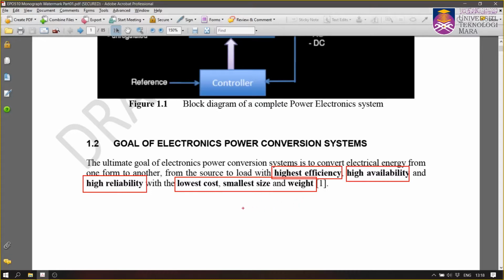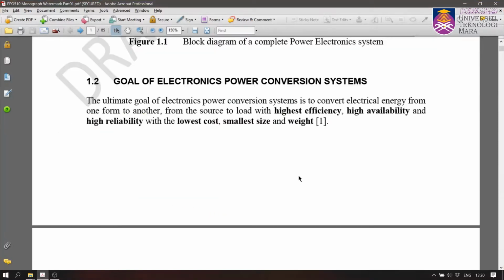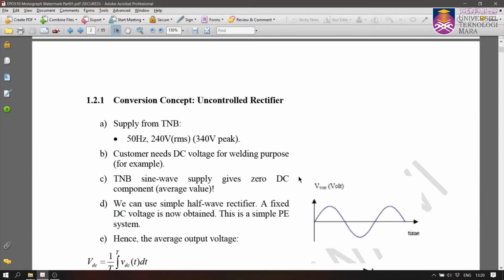For example, if you design a power supply for the aircraft, you need to make sure that it is small and of course lightweight, isn't it? Okay, so that is the goal of an electronic power conversion system, and this is the conversion concept